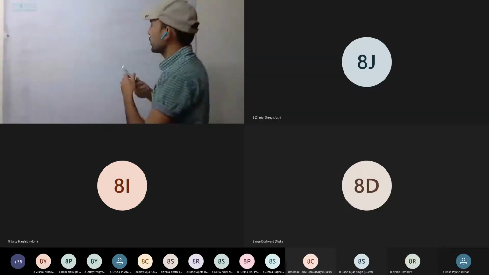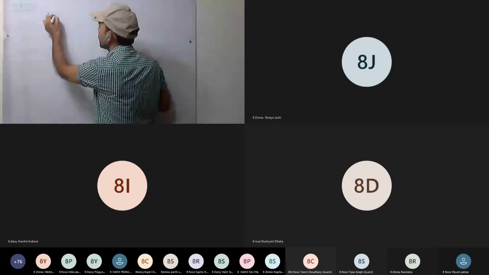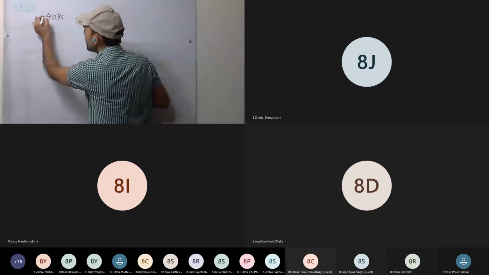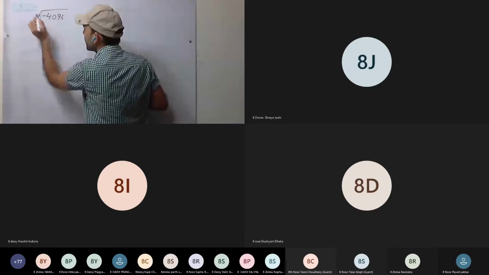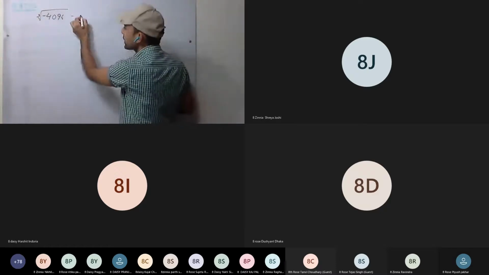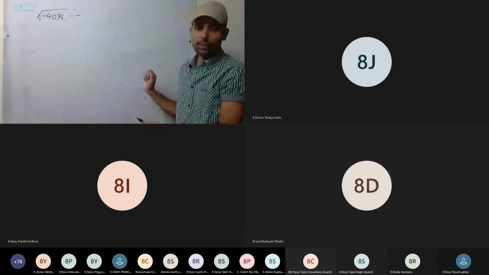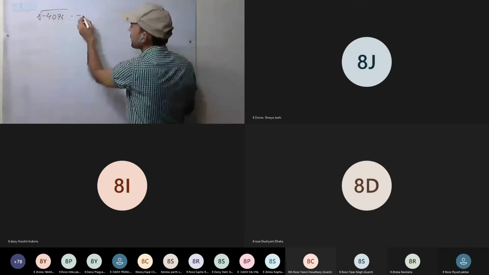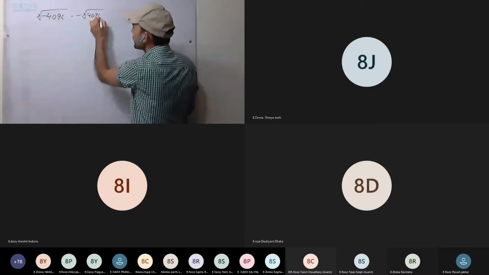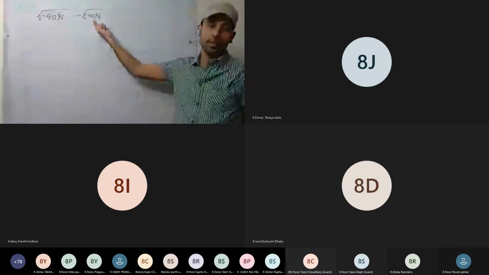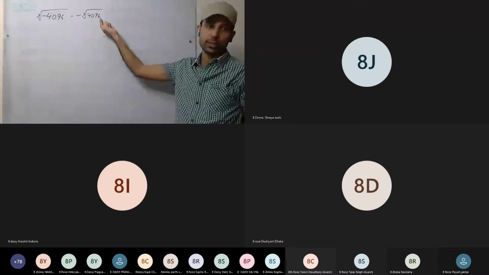So we are having 4096. It's a negative number and we have to find its cube root. Okay. Now we can write it as minus. You can take it outside. Cube root of minus is minus. So we write it like this: 4096. Now factorize it. Find the prime factors of 4096.